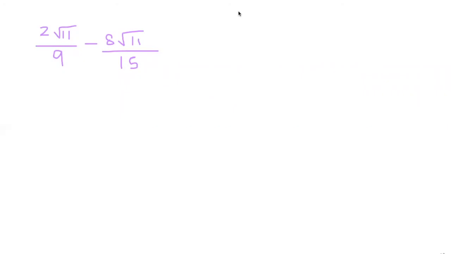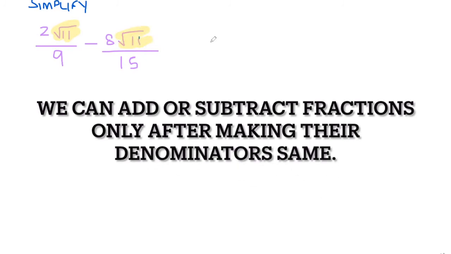In this question, you have to simplify this radical which is given to you here. So when you are going to simplify, first thing, you're going to look for like radicals, that means like terms. Root over 11 and square root of 11. So I do have same radicals. So I can perform subtraction or addition here.